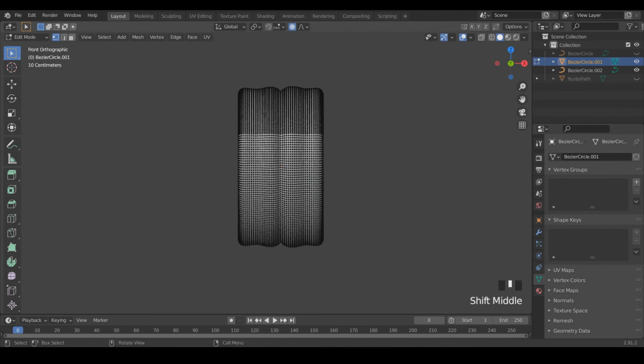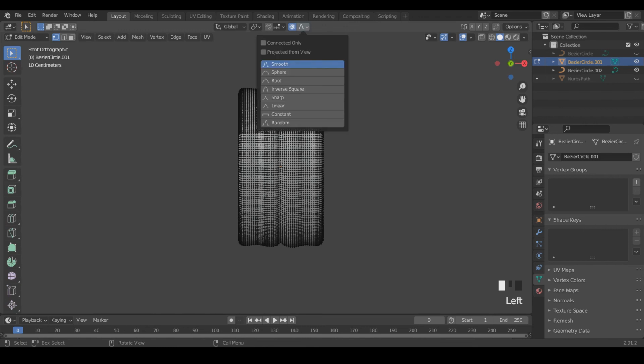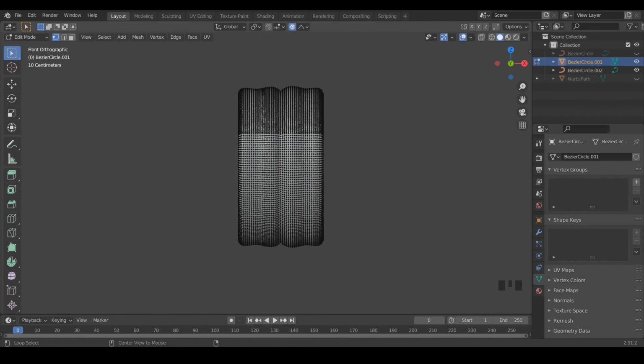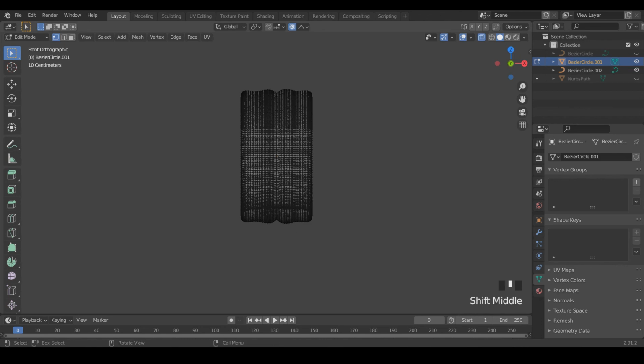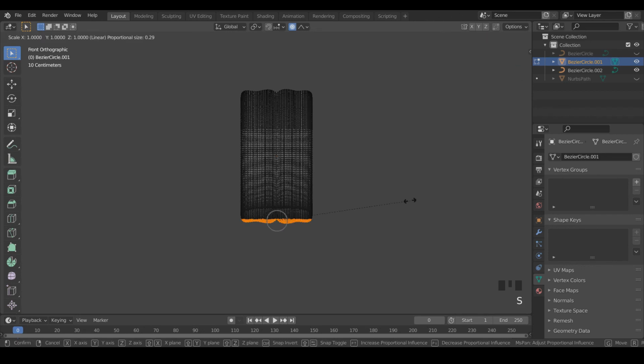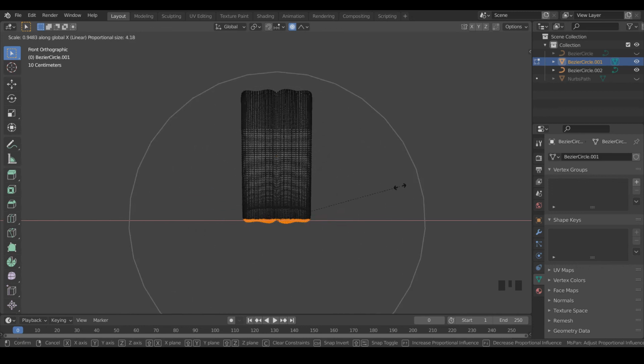And then using the box select with proportional editing turned on, I'm going to switch proportional editing to linear and hit Alt-Z to get into X-ray mode. I'm just going to box select over some of the vertices at the very bottom. Hit S for scale, then X for the X-axis. And then using my mouse middle scroll wheel, I'm going to adjust the influence and just scale down the very bottom to get a taper.